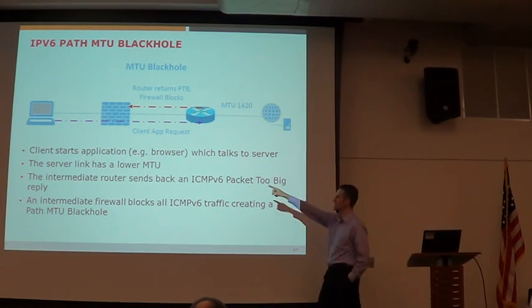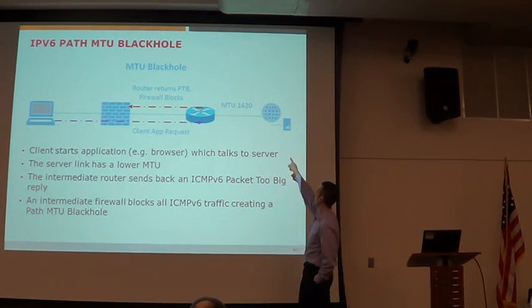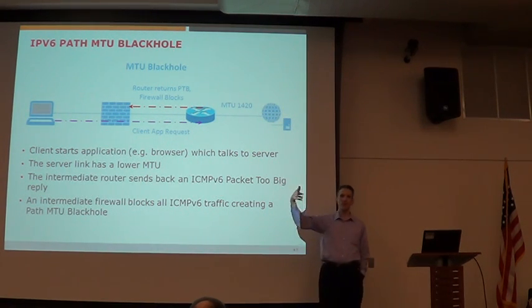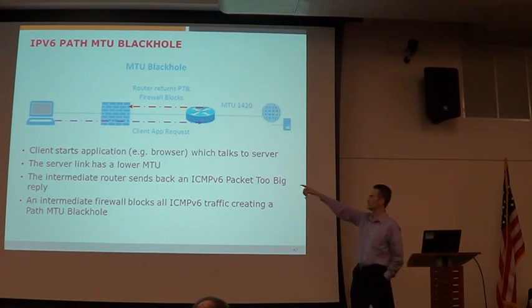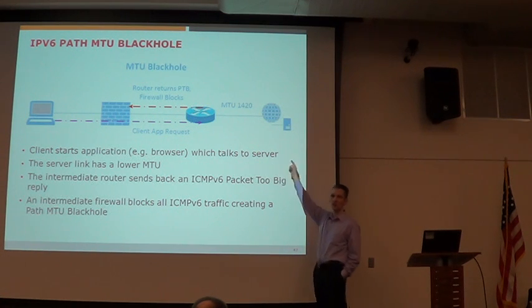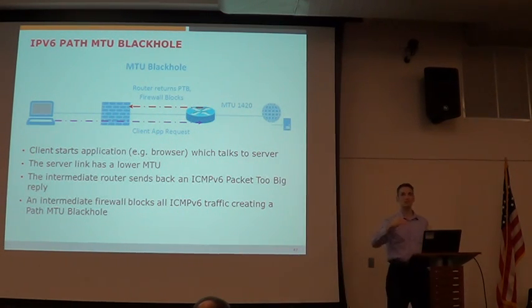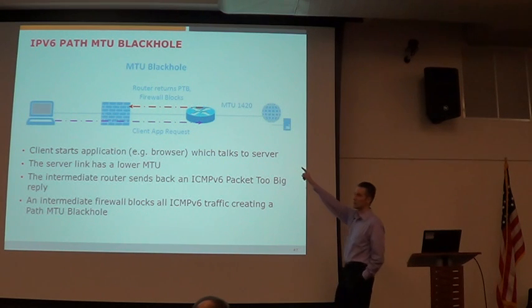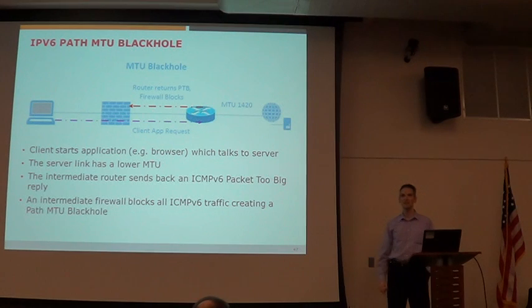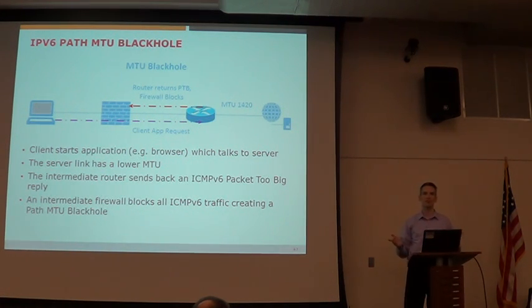So here's what happens. The client sends a request, I try and get to this server. I didn't show this, but the default MTU for Ethernet is 1500. So typically I have an MTU of 1500. I get to this router. The link between the router and the web server is only 1420. It's smaller. So this router is going to send back an ICMP error message saying, hey, the packet is too big. You have to fragment it so it's at most 1420. If that message made it back to the client, the client would automatically adjust, everything would be fine. That's called path MTU discovery.